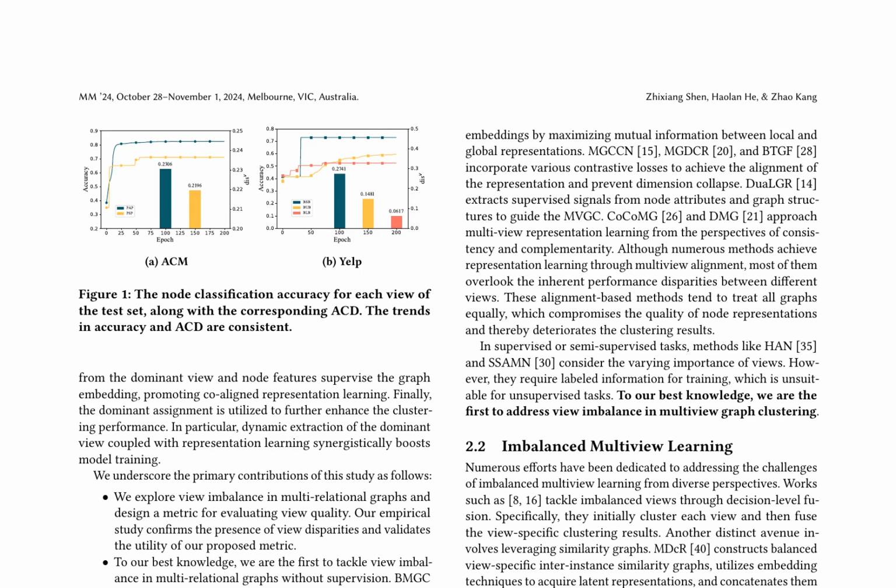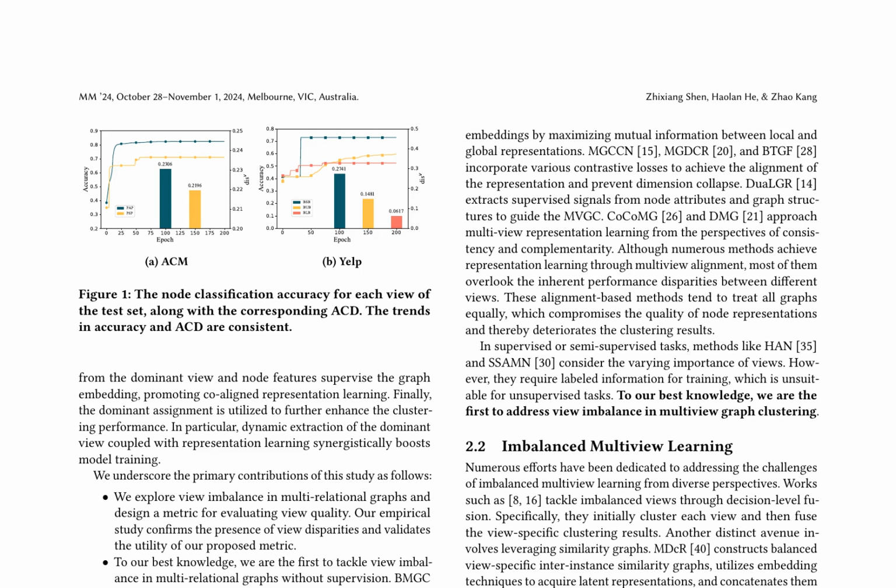The authors introduce a novel approach to tackle view imbalance in multi-relational graphs, a critical issue in unsupervised multiview graph clustering. They propose a metric to evaluate view quality and demonstrate the presence of view disparities in empirical studies. The proposed method, BMGC, integrates an unsupervised dominant view mining approach with dual signal guided representation learning, leveraging the dominant assignment to facilitate self-training clustering. This method is the first to address view imbalance in multi-relational graphs without supervision, providing a theoretical guarantee for its